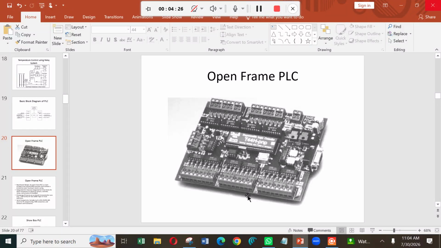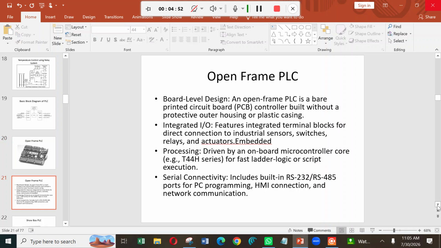In general in a PLC, the number of inputs is high compared to the number of outputs. Now here you can see this is a microcontroller, and you can see the small ICs. It can be an isolator or it can be memory like that. Fine. So anyway, okay. Now let us see some points about this open frame PLC.